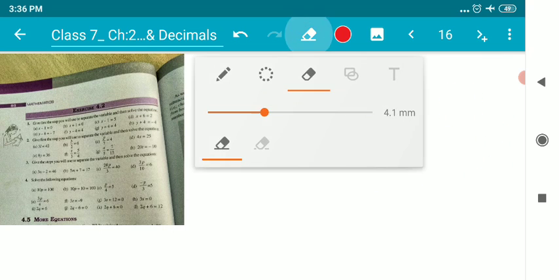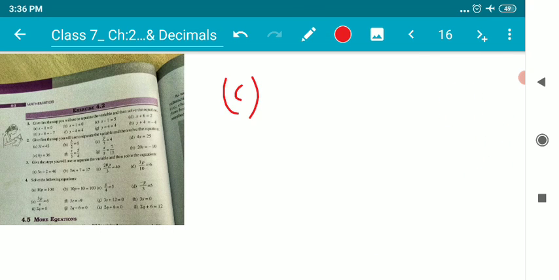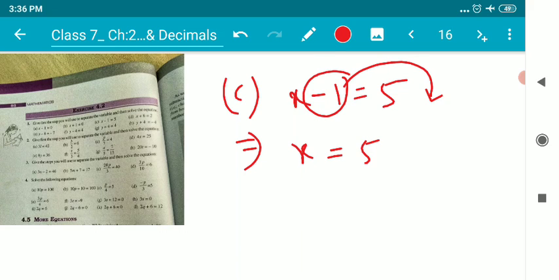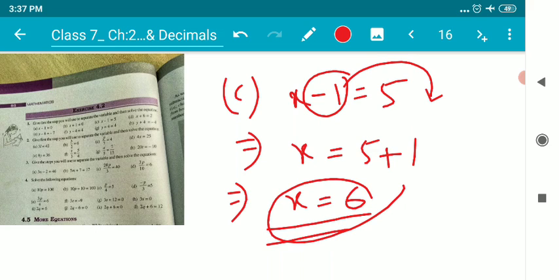Number C is about x minus 1 is equal to 5. So children, a similar process is to be used over here. x is equal to 5, and minus 1 will be transposed. It will become plus 1. So I'll get x is equal to 5 plus 1, that is 6. So I got the answer of this equation, and the first step has been written. So children, I believe it's clear to everybody. Let me try a bit harder, that is question number G.